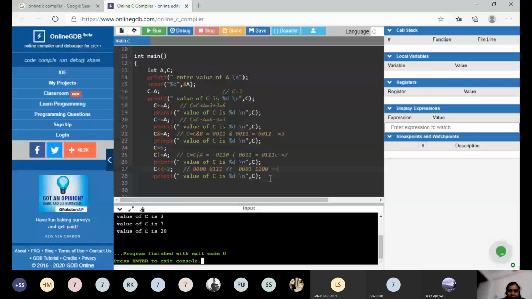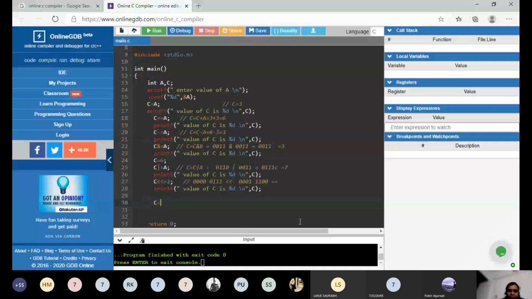Now in the program I will write C equal to 10. Then I'll write C left shift by 2. Left shift equal to 2.